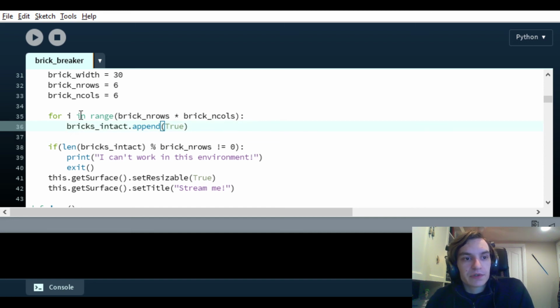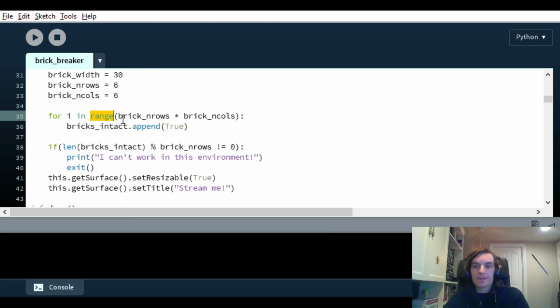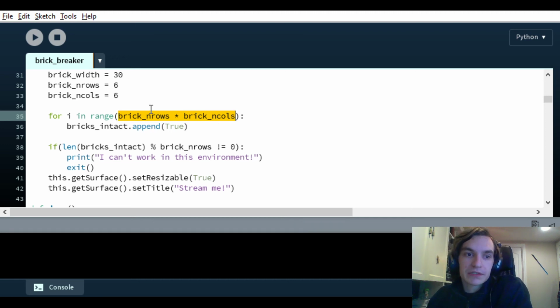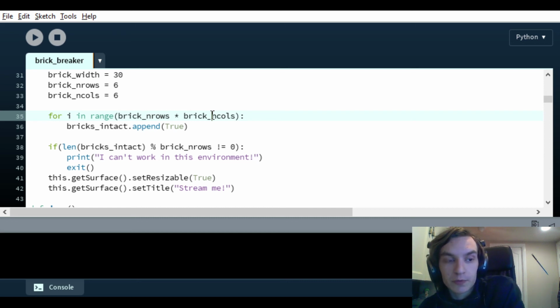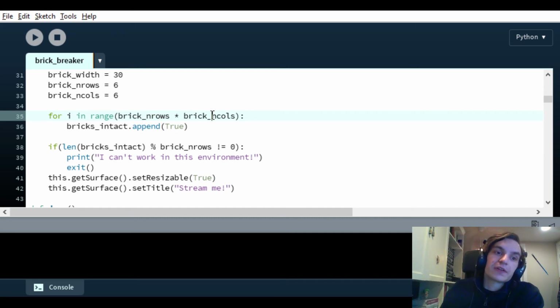Now, the thing that I'm doing here is I'm saying for, this is a keyword that we didn't go over in class. What this does is it acts like an array of every number from 0 to whatever this number is, not including this number. So in this case, it'll be an array of 0 to 6 times 6, which is 36, minus 1. So 0 to 35, and there's 36 numbers in that array in total. We didn't go over this because in Python, this isn't the general way that one does arrays, but I couldn't come up with a better way to do this one.